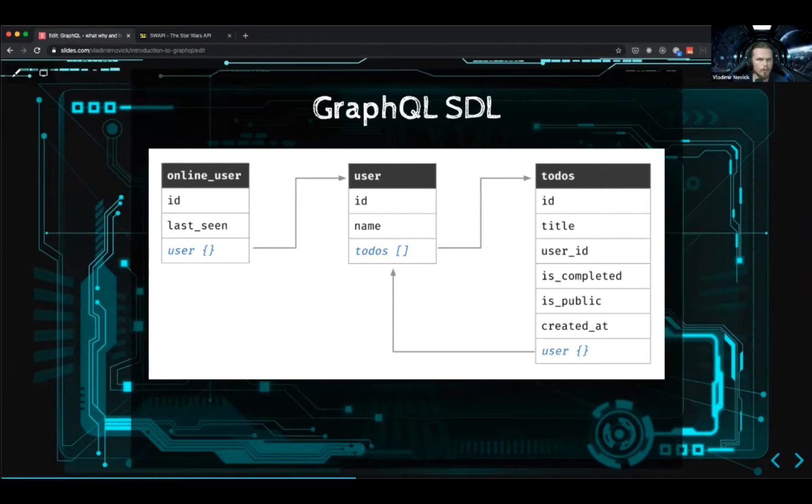So the cool part about schema definition language is that you can define that a user points to a user, and it points to todos which point to user. So you have a sense of a graph basically, right? The thing is, because implementation is up to you, you need to be careful about not getting into circular dependencies or some other problems that can occur. But since the implementation is up to you, how to resolve these types, you can do literally anything with that.